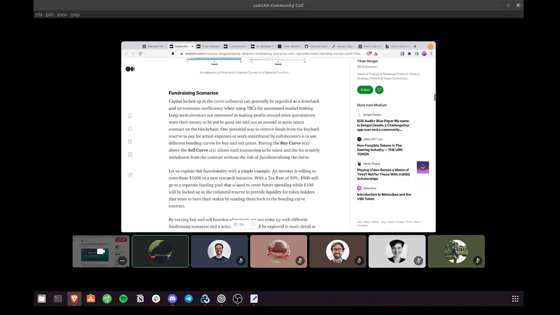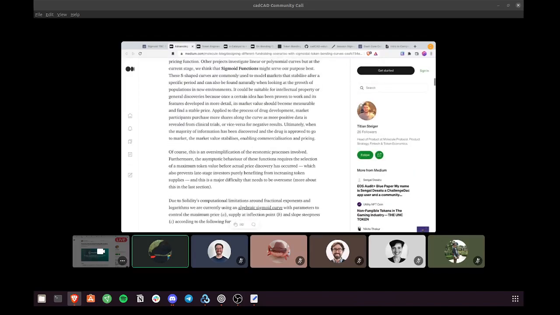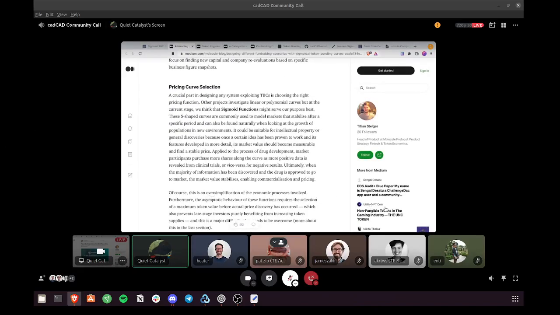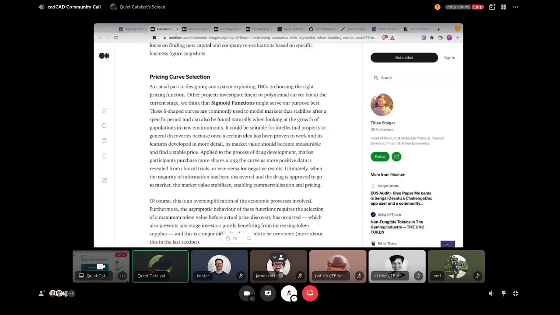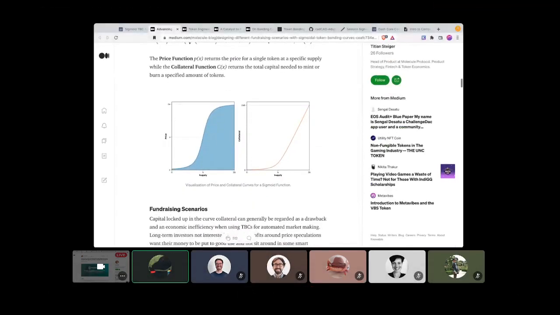And fundamentally, it's about setting up a system for supporting long-running research projects and leveraging the nature of a sigmoidal function where it's flat and has a low degree of slope early on, and then has an acceleration period with a steep slope in the middle, and then levels out towards the end, leveraging those characteristics in a fundraising setting to manage how you want to incent participants in the network.